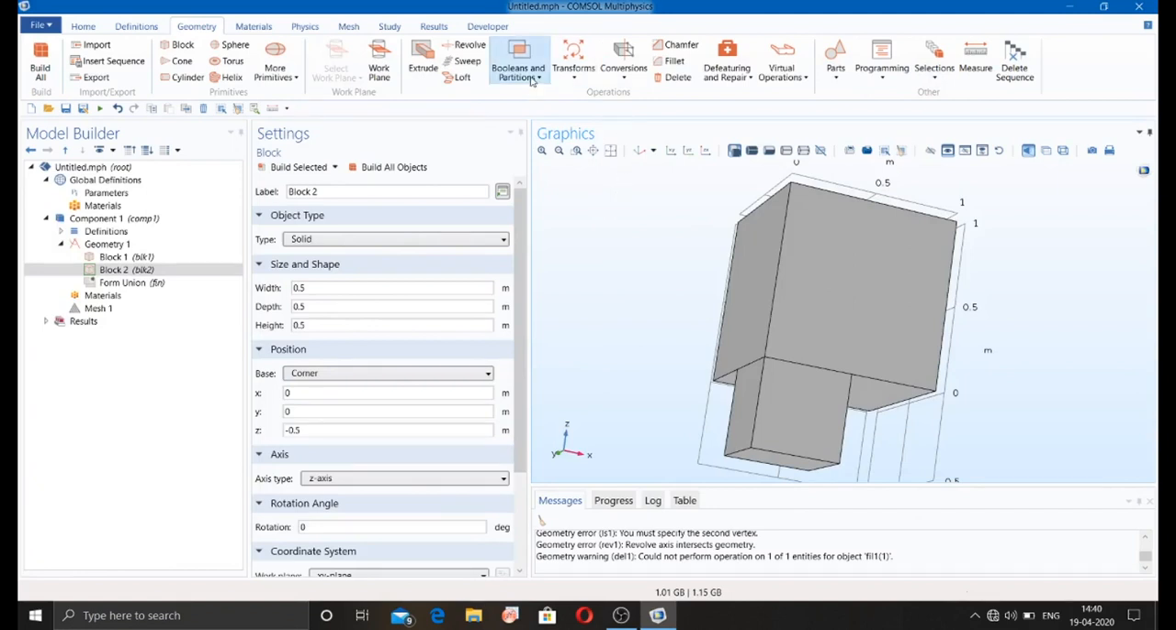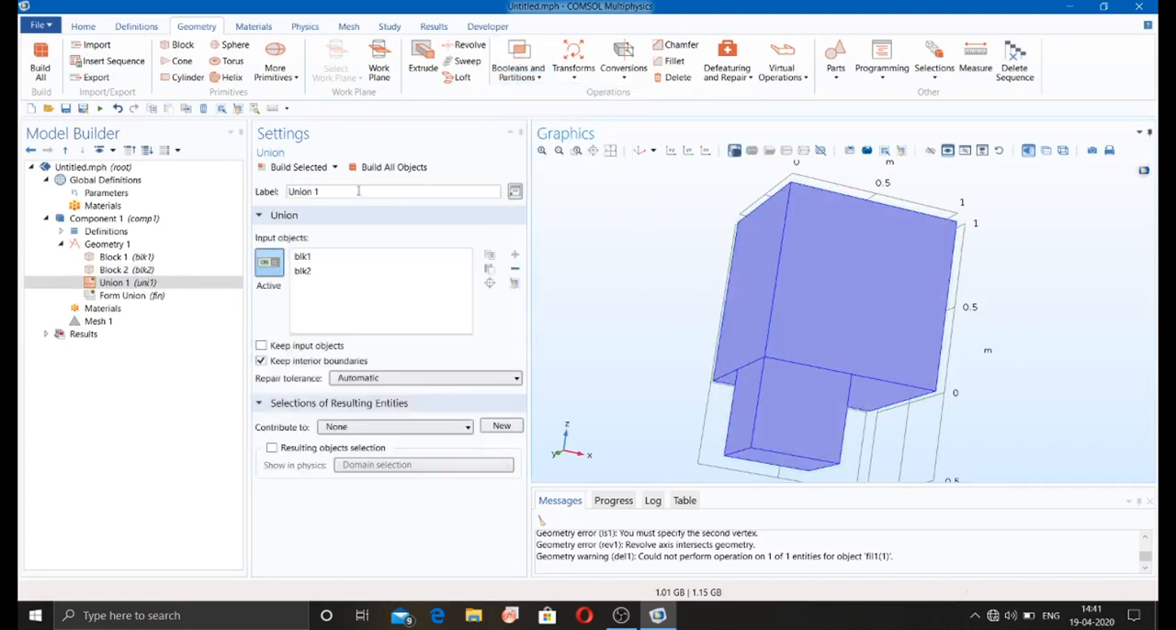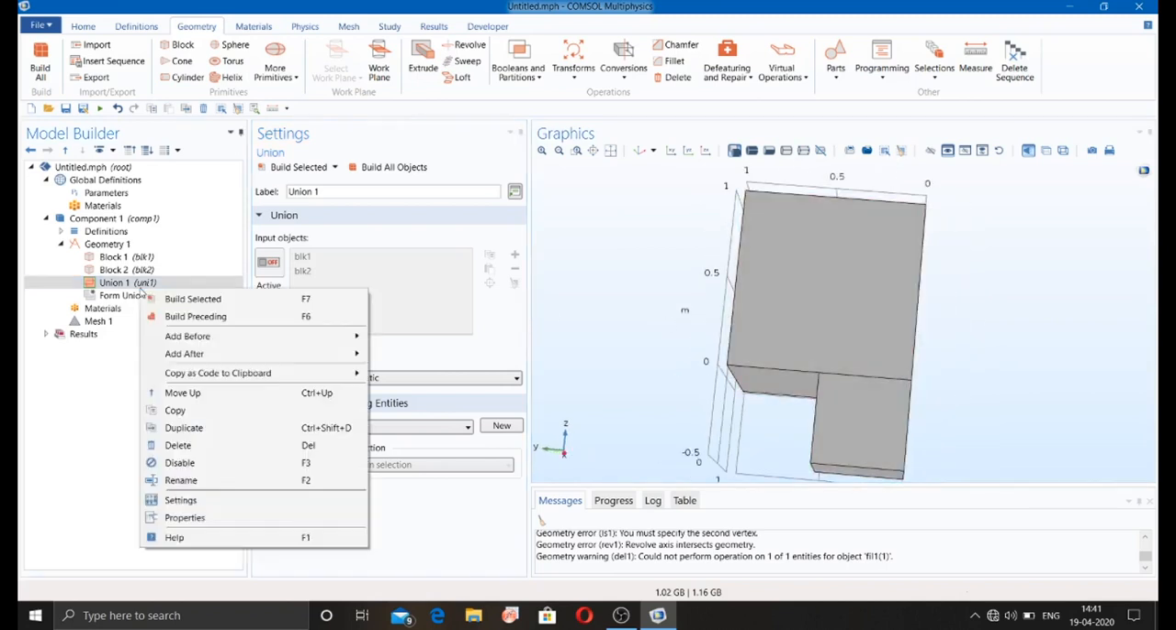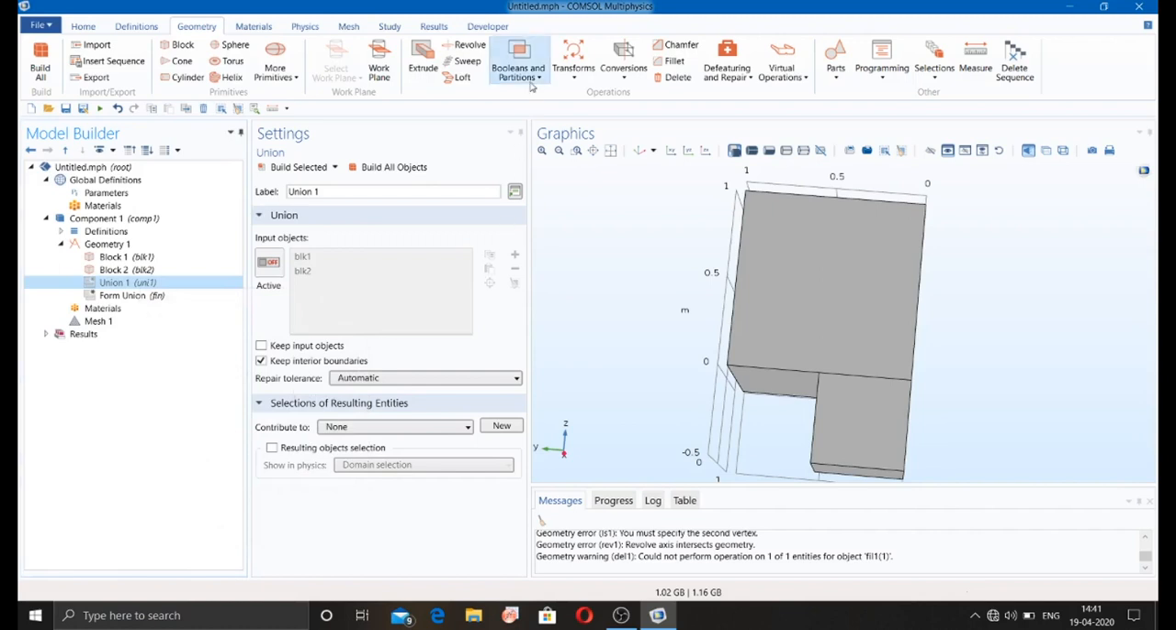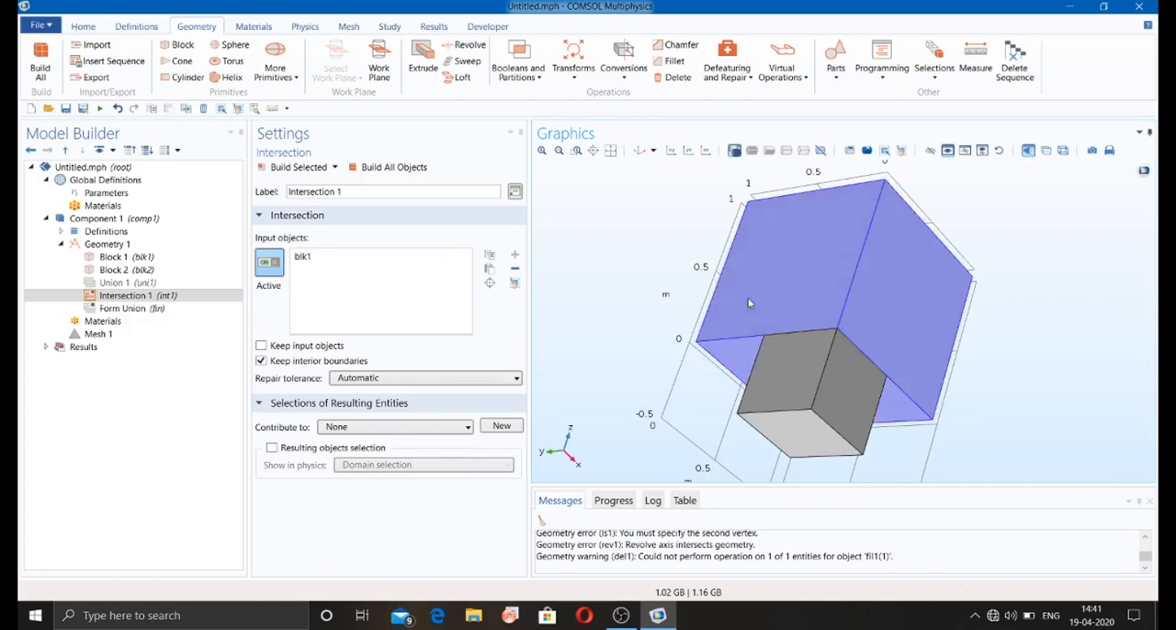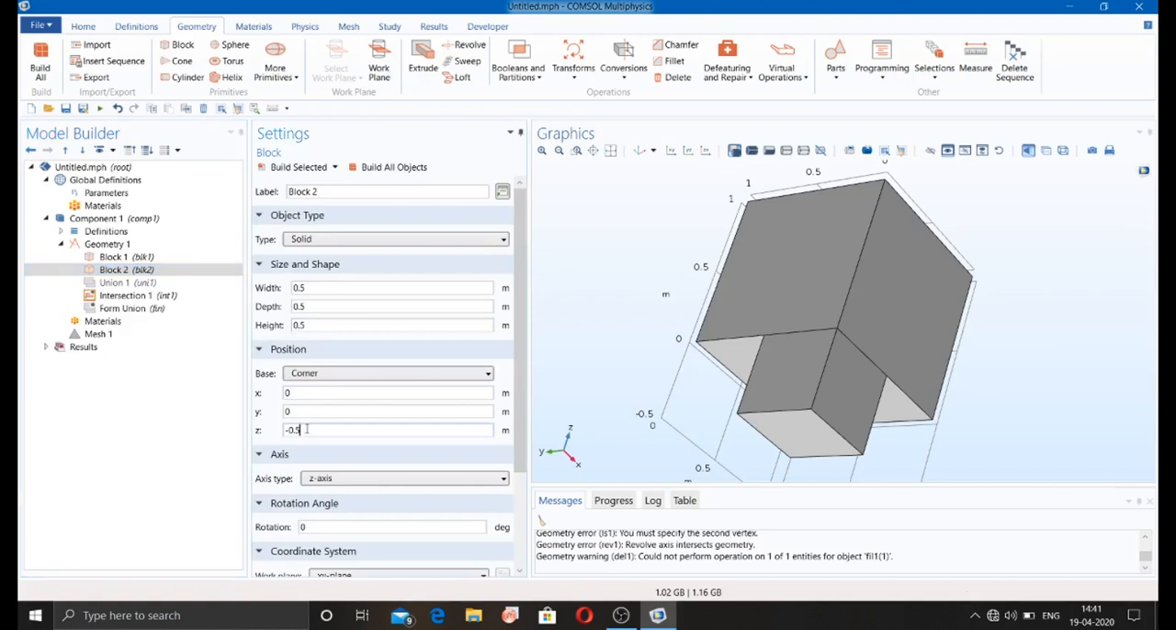Now moving to booleans and partitions. There are two blocks, both touching each other. Now I'm going to union this. After union it will become one block, like one big block. So this is the union, and if I do the intersection of this particular, then in this I have to use some kind of